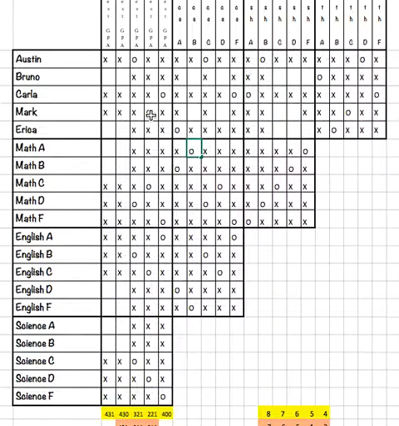Okay, and then since we know this is Mark, let's just fill that in. We know that Mark, again, has the D in science, so we'll put that here, and X for the rest of that row and column. And Mark has, going back down here, the C in English, so we'll put that here, and X for the rest of that row and column. And we already knew this one, so I think we're pretty good with Mark now. And we notice, oh, there's only one spot here left,